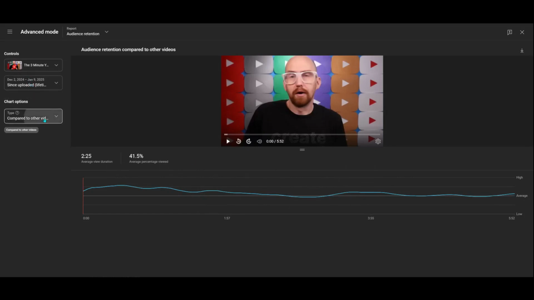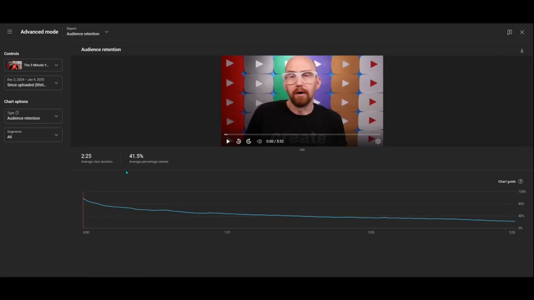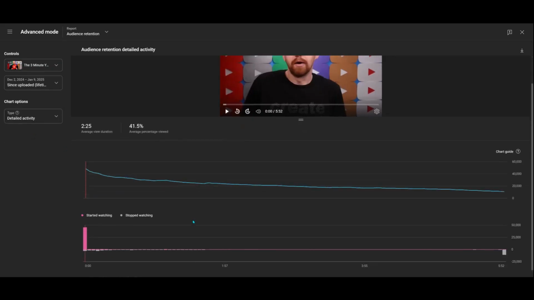Then the next one, which is a newer one, is the detailed activity. So when you look at the regular retention graph, you can kind of tell where people left as things go lower. That means people left. But they gave this detailed activity where you can see literally how many people left at what point in the timeline, which is insane, right? This is probably detail that the vast majority of you watching this don't even need. Stay out of this. Yeah, this is in the weeds. Don't. This is the weeds. This is that you're 7 feet under weeds area.